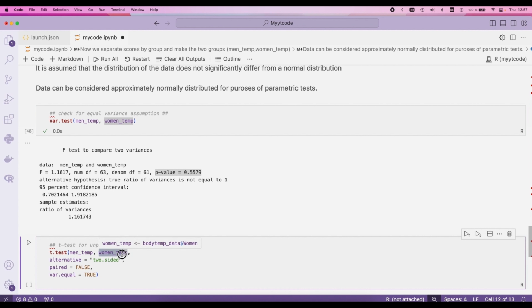women's body temperature. From our normality or Shapiro test, we get to know that our alternative is two-sided, so we give alternative as two.sided. Our variance test also showed us that the data is not paired, so we write paired equals FALSE because we have unpaired samples, and var.equal equals TRUE, as we checked from the variance test that our p-value is higher than the alpha value. So we give all these parameters to the t.test, and we simply run this code chunk,